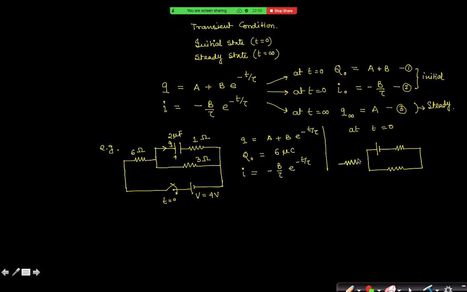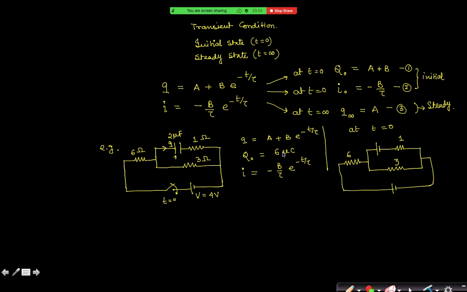Look at the solution. Whatever you have done, just check where you have gone wrong. Is that the initial circuit, as I have just closed that switch? Tell me, is that the initial circuit? So if this is 1 ohm, this is 3 ohm, this is 6 ohm, how much voltage will it be?